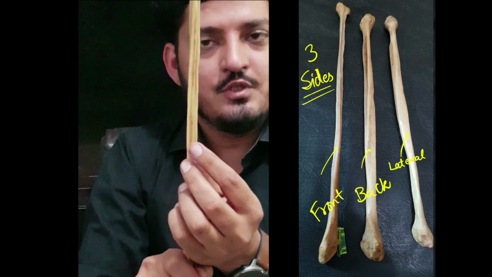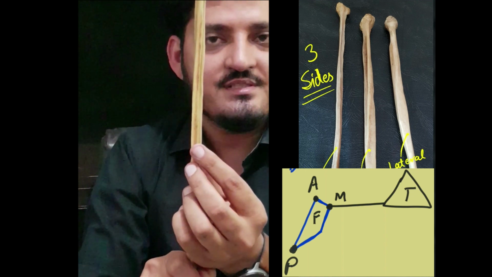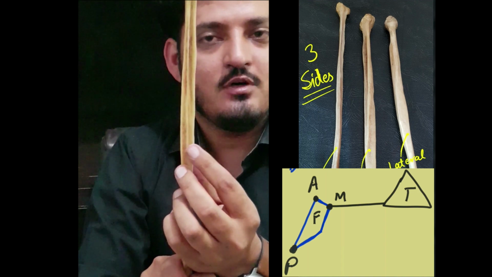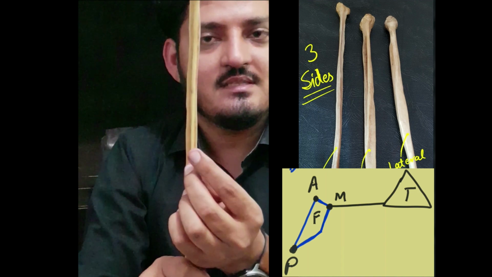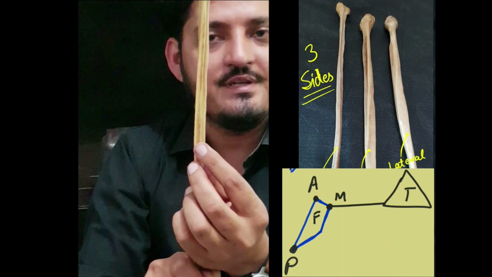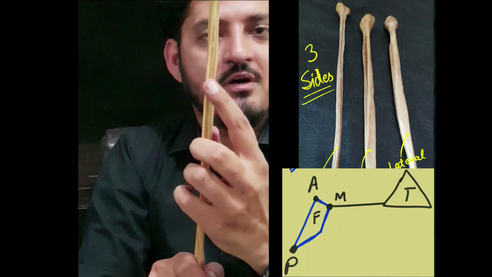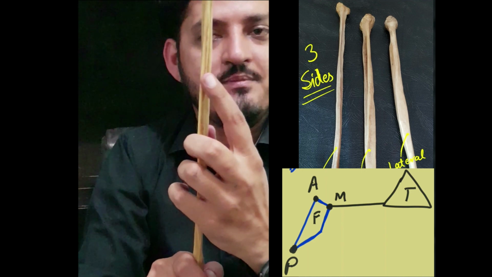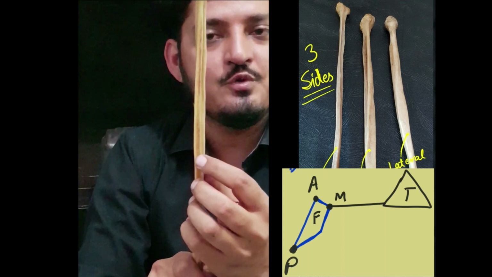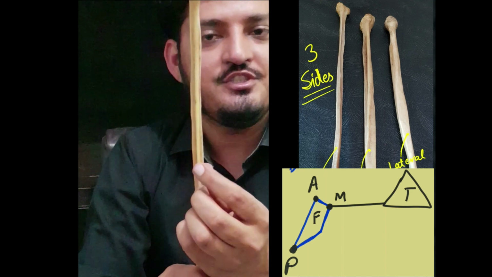Look here. You are looking at the surface. This surface is the anterior surface or the medial surface. This anterior surface is located between two borders. This side, the border is the medial border. This side, the border is the lateral border. And the surface is the anterior surface. You can note down, anterior surface is wider below and narrower above. Above it is just a few millimeters, and below it is wider. This is the anterior surface. Always locate this surface first, between the medial border and the anterior border.